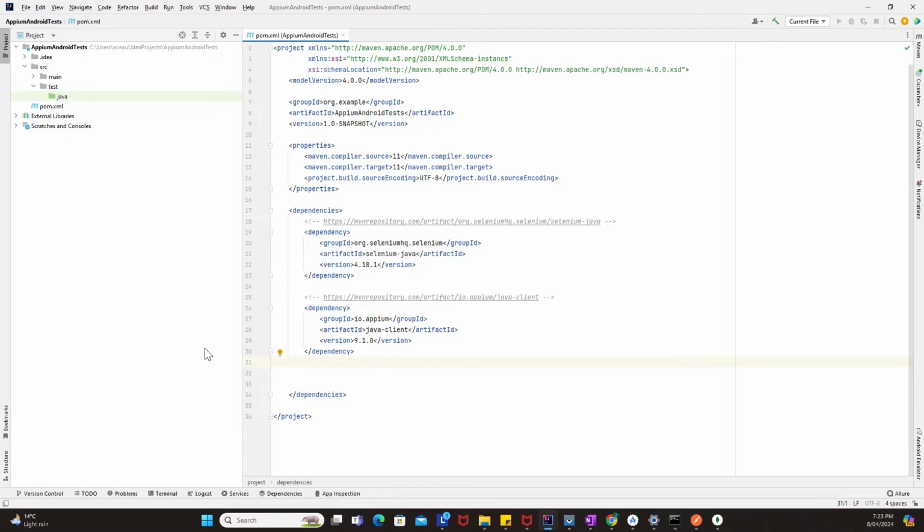Okay. Now what we will do is we will create some test. Under the source folder, which we had created in the Appium Android test project, there are a couple of folders over here, which are main as well as test. And inside test, there is a folder called Java. Now we will create the test inside this Java folder, and inside the Java folder we will name our class